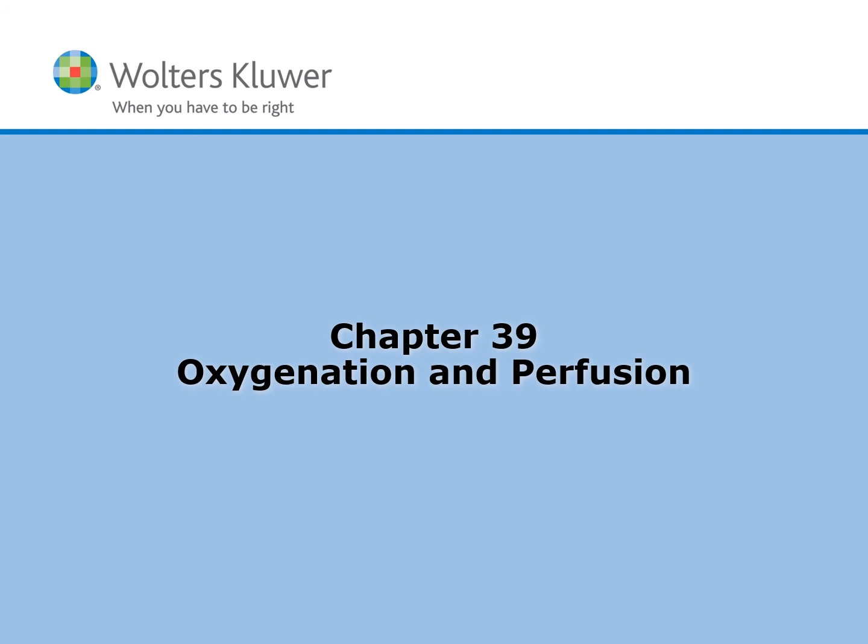Okay, today we're going to be doing oxygenation and perfusion. The objectives for this chapter are to describe the principles of respiratory and cardiovascular anatomy and physiology, describe the function and the role of respiratory and cardiovascular systems in oxygenation, describe age-related differences that influence the care of patients with oxygenation problems, identify factors that affect respiratory and cardiovascular function, perform a cardiopulmonary assessment using the appropriate interview questions